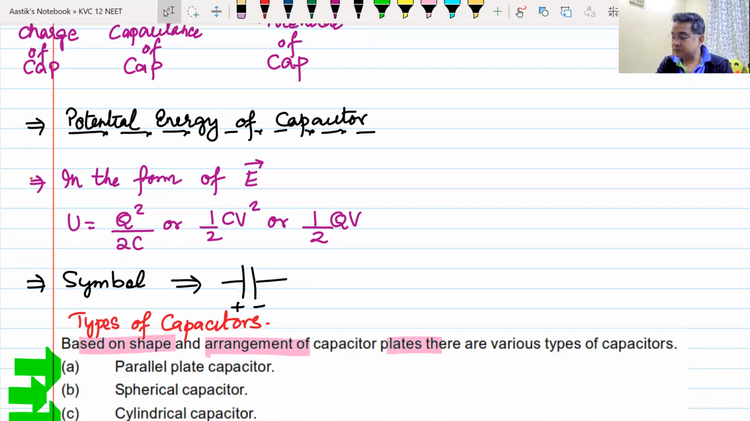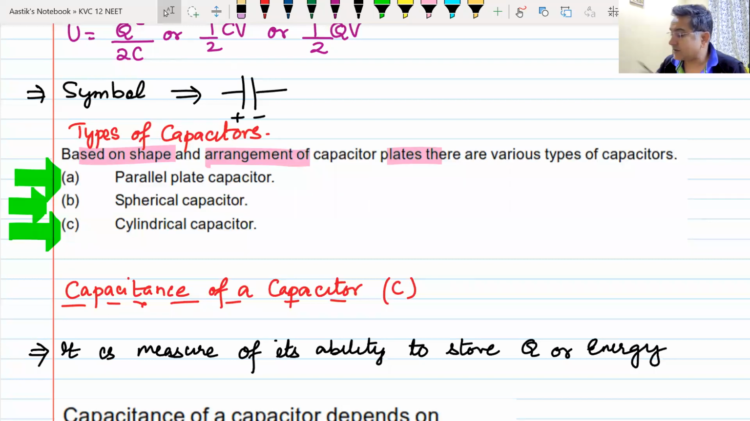Yes or no? Yes, sir. And we had seen that there are three types of capacitor. Only one type of capacitor, which is a parallel plate capacitor, is in your course. Parallel plate capacitor, spherical capacitor, and cylindrical capacitor. In any case, we will try to cover them all. And let us start with the class for today. And in today's class, what we are going to do is understand